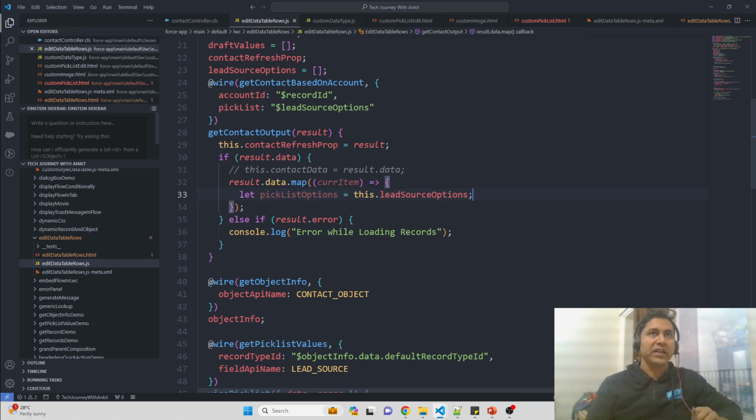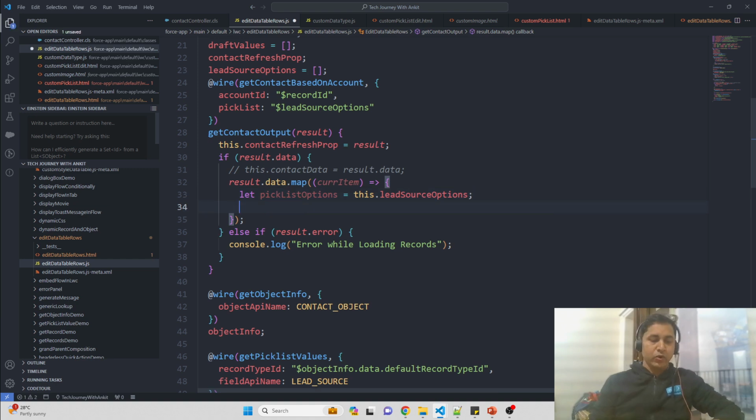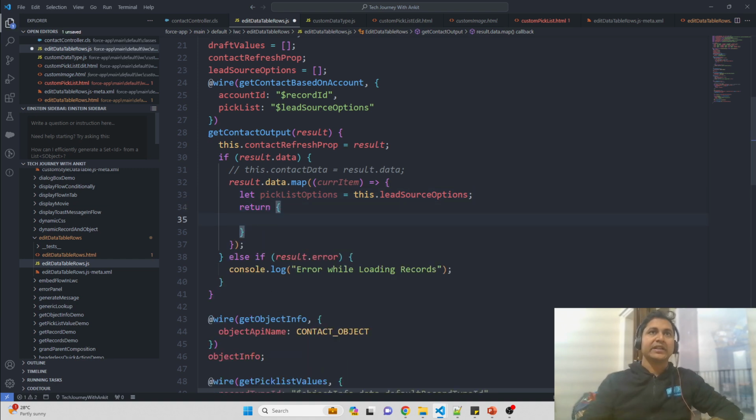So here I am passing that data. Now what I have to return here is the object along with the added property. So here I go and define the return statement. In the return statement, first I am returning the current data. Again, with the help of the spread operator, I am returning the current data, and after that I am adding